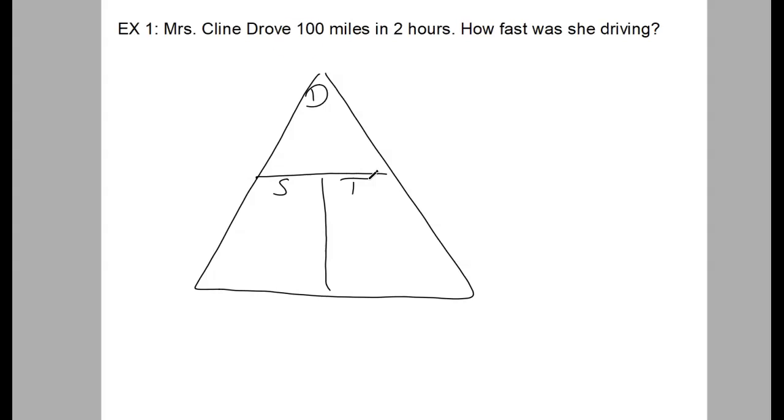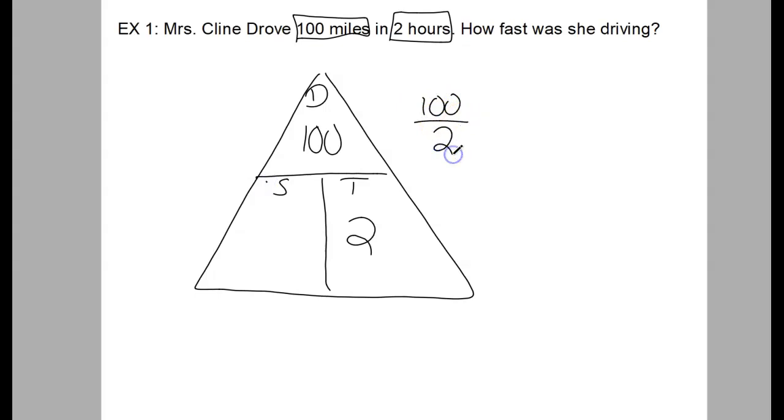Where should 100 miles go? Is that distance, speed, or time, Aaliyah? It goes in distance. Then I have 2 hours. Is that a speed or a time, Blaine? All right. Now, if I kind of cover up speed with my hand, I know you can't see that on the video at home, but if you cover up speed, look at what I have inside of the triangle. I have 100